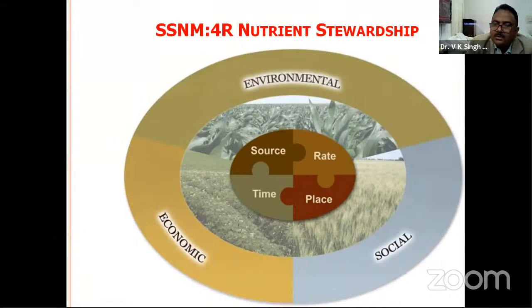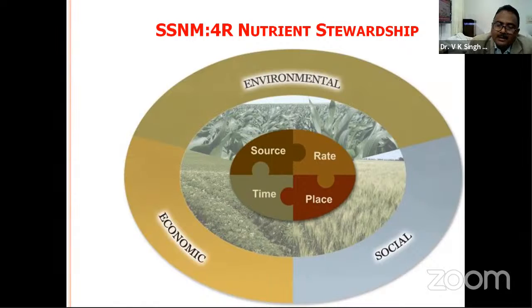Now, it's not only the fertilizer dose. Nutrient management is governed by 4 things. We generally call it the 4R. Right source: what kind of source you are putting? It varies from crop to crop, so the right source is very important. Then right rate, which means the right amount. If the crop requires just 50 kg nitrogen, we should not put 100 kg nitrogen. If the crop requires a high amount of nutrient, we should not apply a suboptimal dose. What happens? We don't apply even potassium, a major nutrient. So rate is also important.